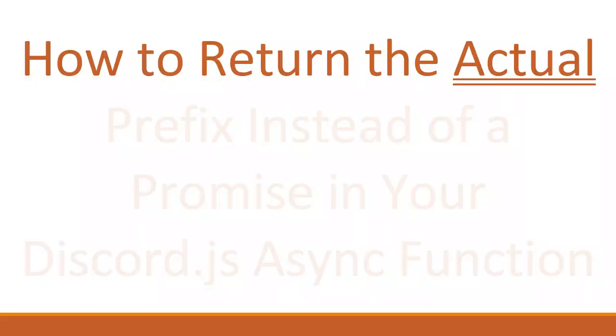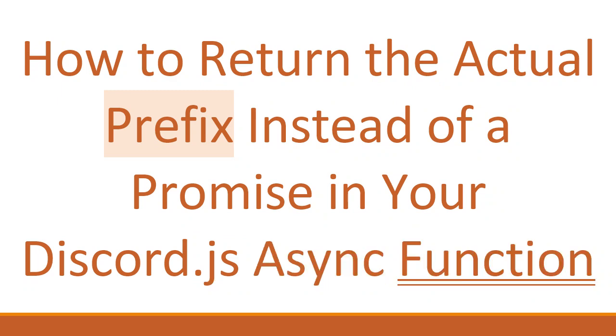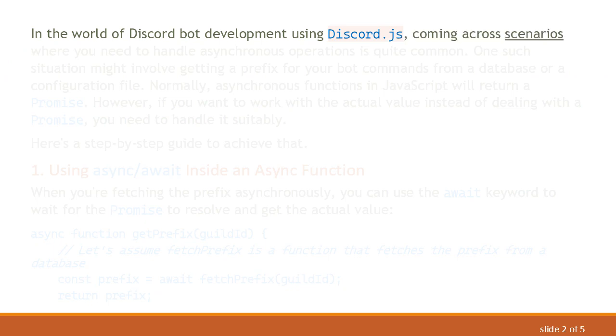How to return the actual prefix instead of a promise in your Discord.js async function. In the world of Discord bot development using Discord.js, coming across scenarios where you need to handle asynchronous operations is